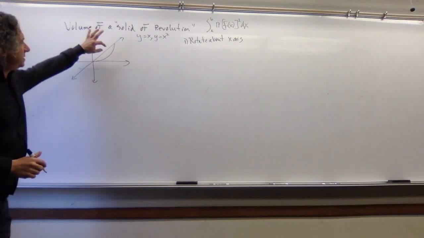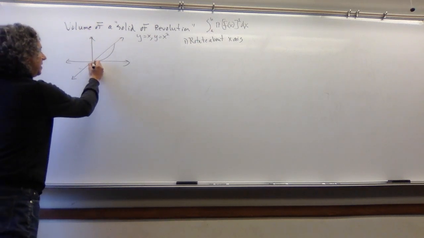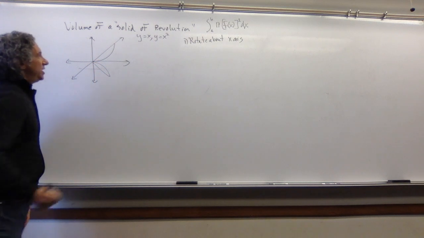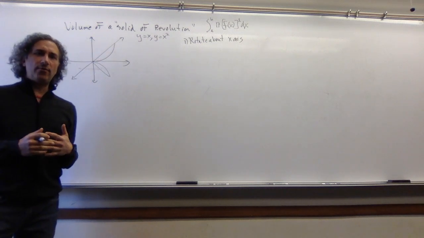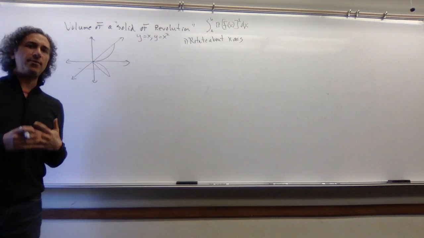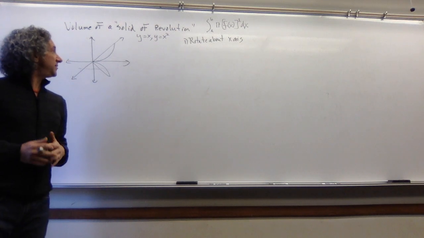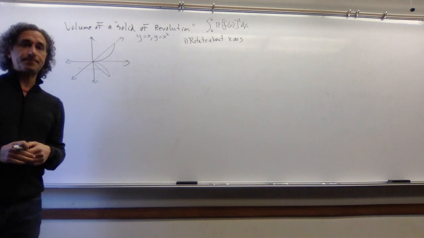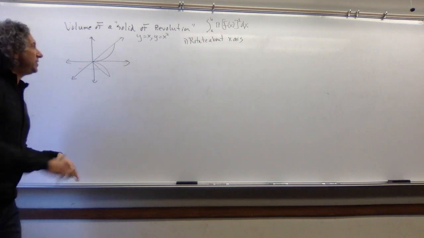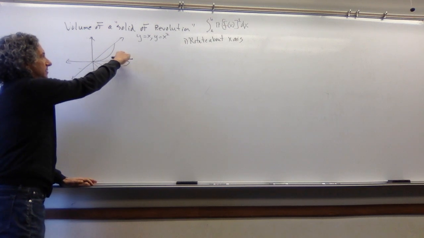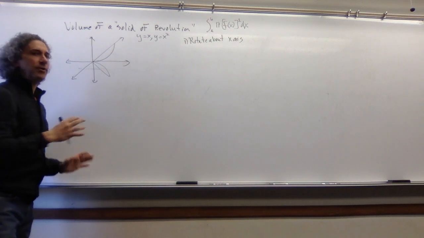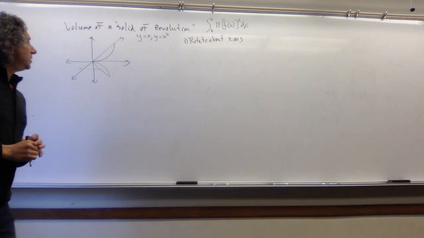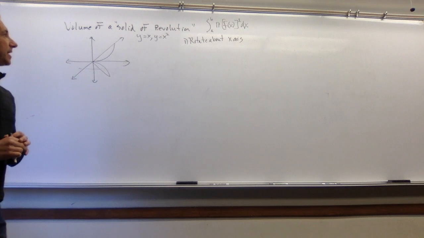So let's see. If I rotate this region around the x-axis, then I'm going to have another region down here acting as my cross-section. And this region, or this solid, is different than the ones we've talked about already. So pause the video for a second. What's different about this solid of revolution? So hopefully you said that this guy's got some space in here. So when we rotate it around, you could think of it as having a vase that we can actually put stuff into. So how are we going to get this volume?